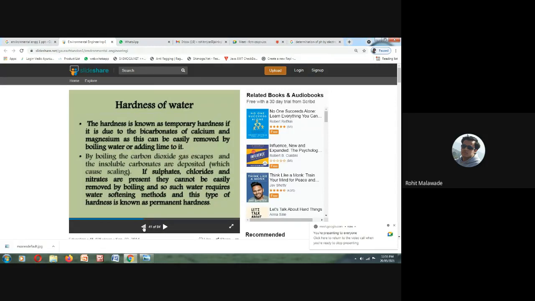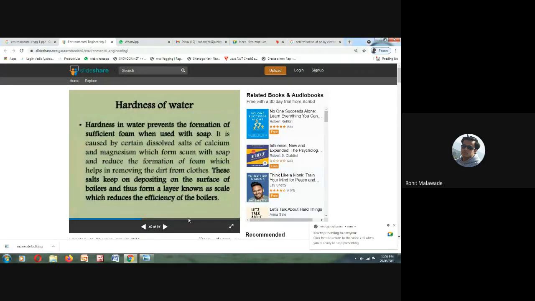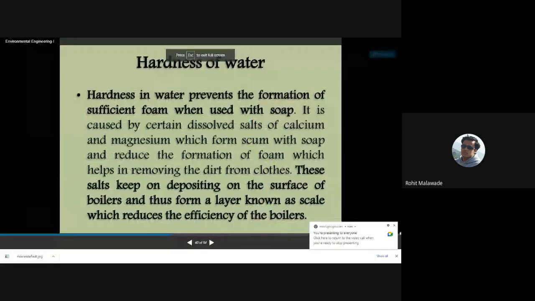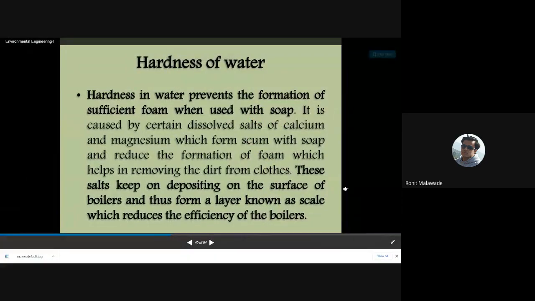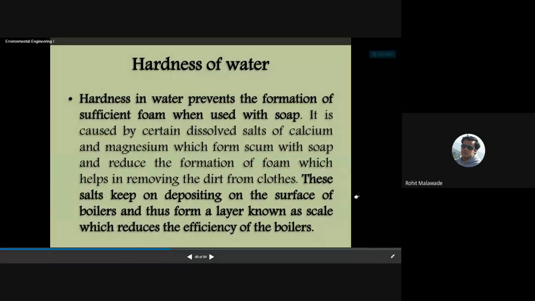When it comes to hardness or hardness removal, we are going to discuss that in detail. But according to you, what is hardness? Can anybody tell me what is hard water? Please be quick, I don't want to waste time. We will finish hardness today, as there are other parameters that I need to discuss. You should know it, you have studied this in your schools. What is hard water?